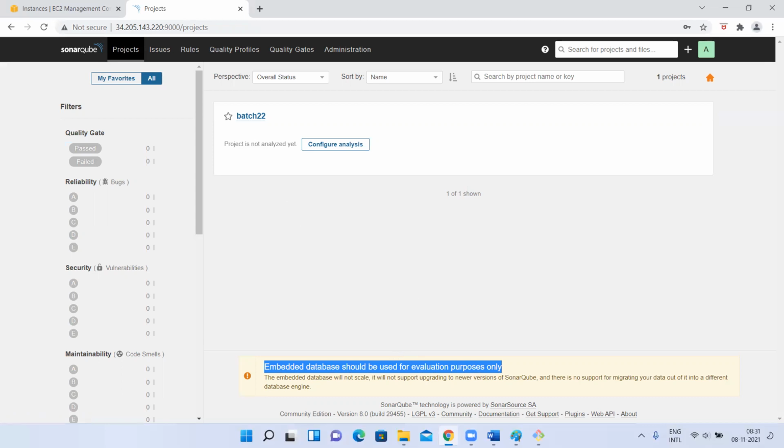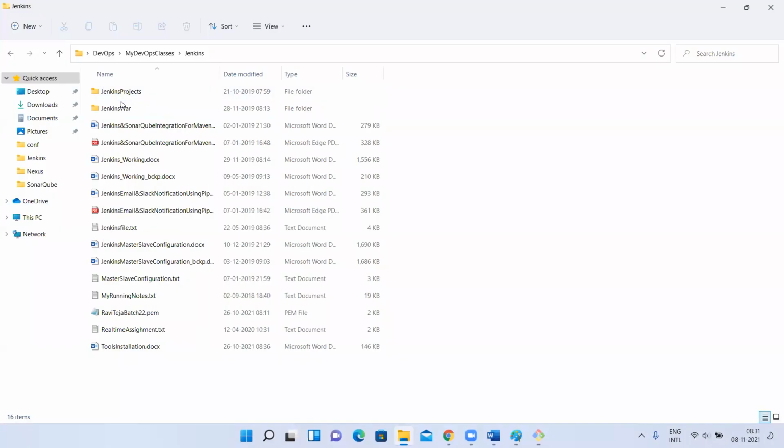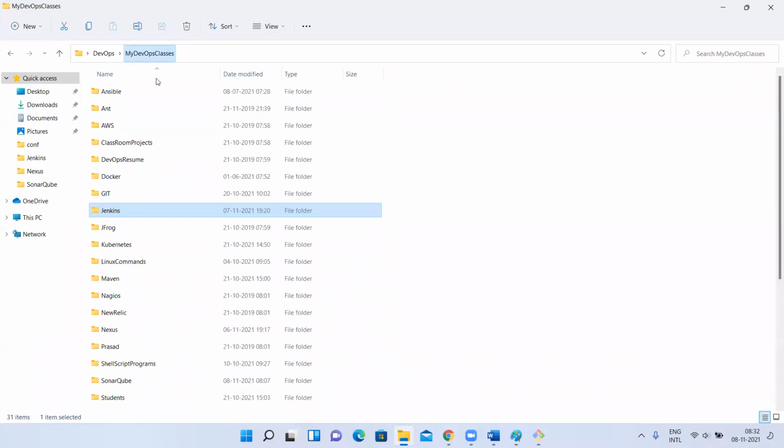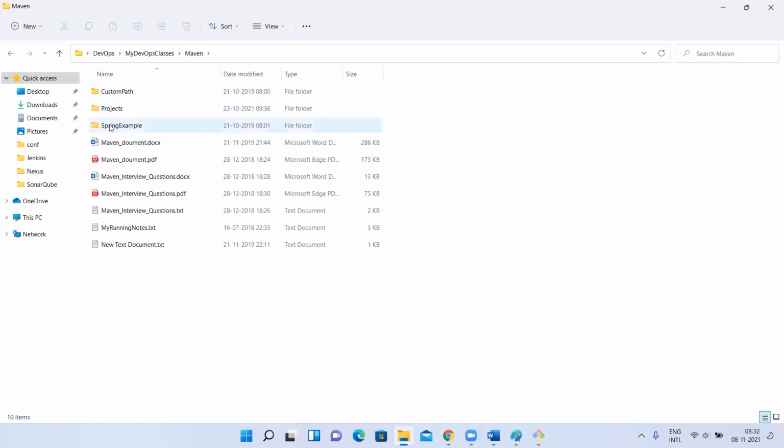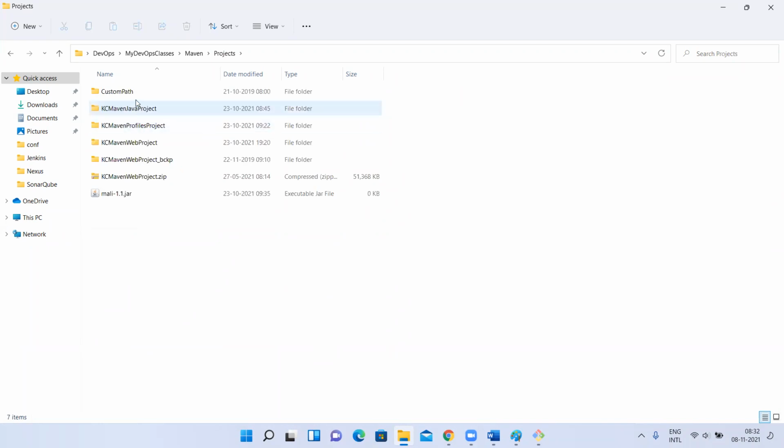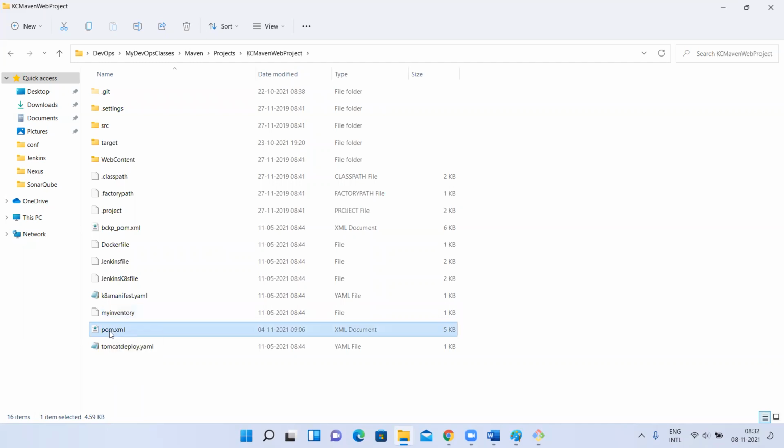So what you have to do is, for example, let me take one project. Projects. So here I have different projects, right? Let me take this web project. As it is a Maven project, see, dealing with ANT or normal projects means integrating your SonarQube with ANT projects is different. Integrating with Maven projects is different. And while integrating with Jenkins, you can integrate it two ways: directly with Maven or else with a plugin also. We'll see that.